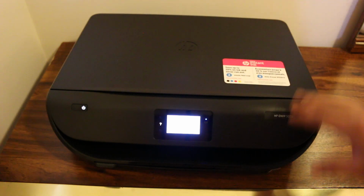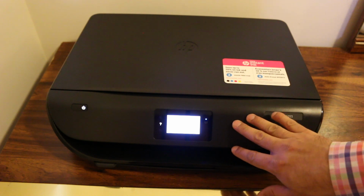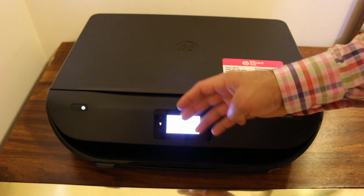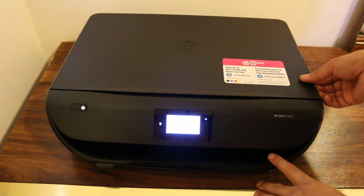Hi, today's video is regarding HP Envy 5032 printer, how to replace the ink cartridge. First step is to switch on the printer. Now wait for the display screen to come up, and once your display screen is ready, we open this chamber